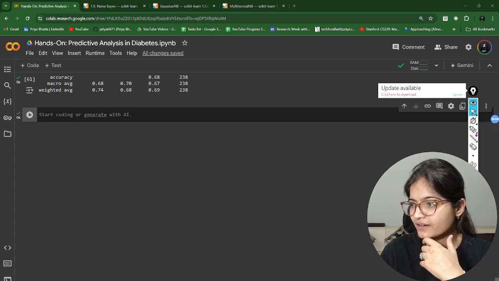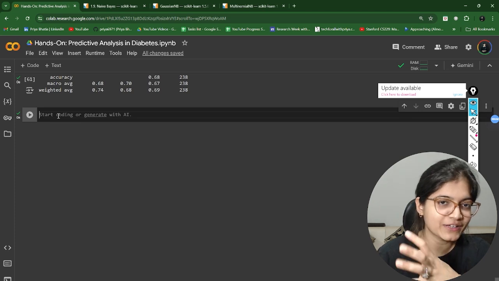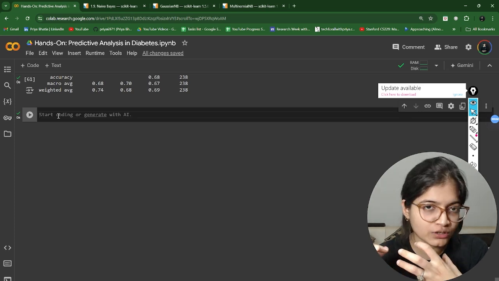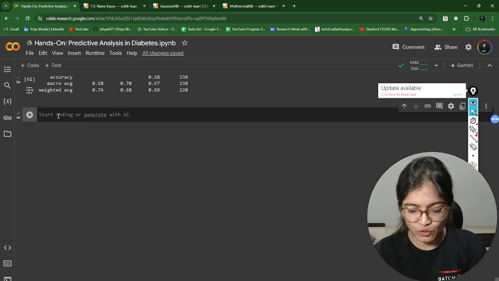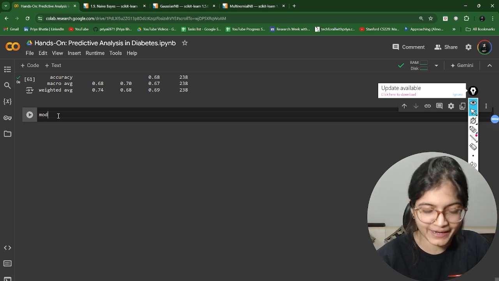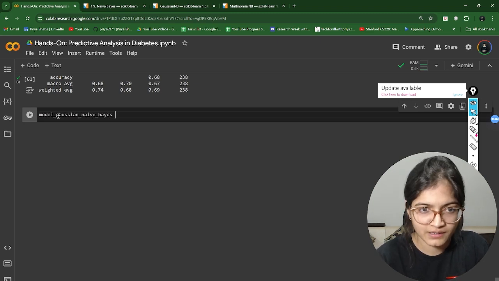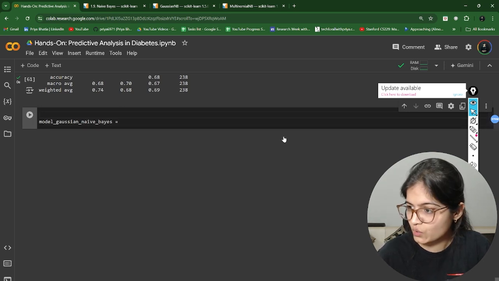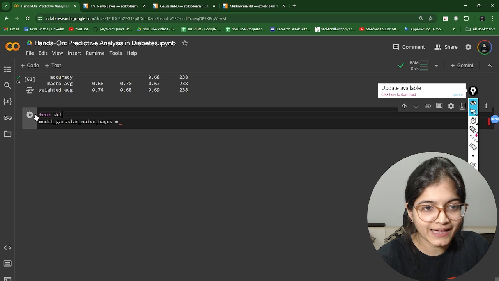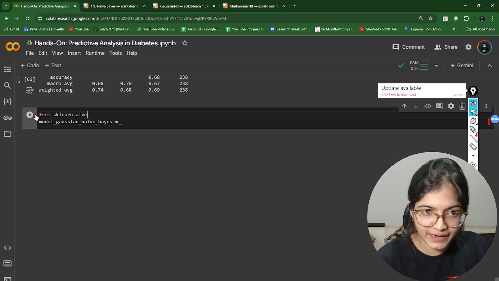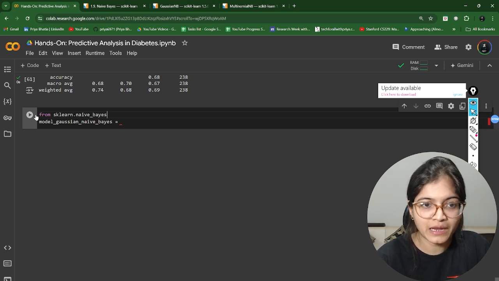I feel that you will agree with me that in this specific case, we will go for the Gaussian naive Bayes algorithm. So maybe we can just apply a model, Gaussian naive Bayes, right? And obviously we have to import the model first. So you can say from sklearn.naive_bayes